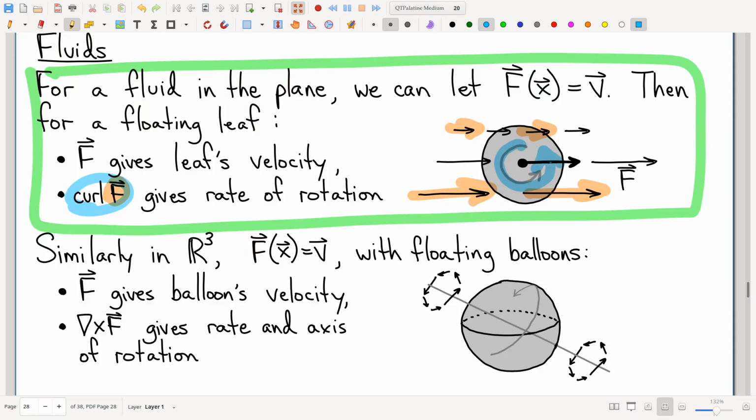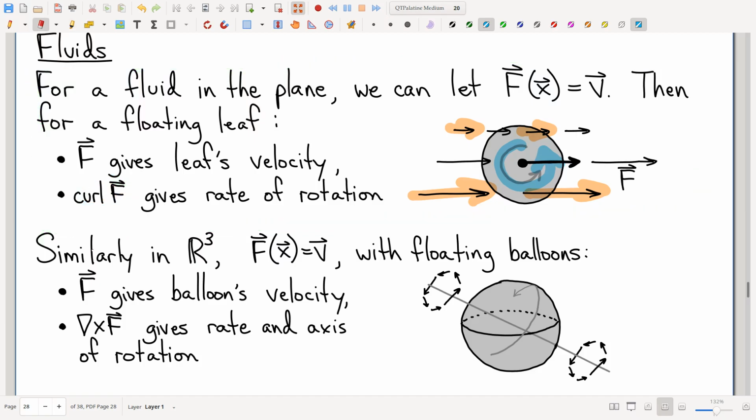Right? And I think this is pretty believable. Again, a leaf doesn't have enough inertia to kind of do its own thing. If the water moves, the leaf moves. The leaf does what the water tells it to. And so to the extent that the curl is a measurement of rotation in the fluid, well, likewise, it's going to tell you, in some sense, the rotation of the leaf. That's the idea. So analogously, now if I try to make a three-dimensional version of this,